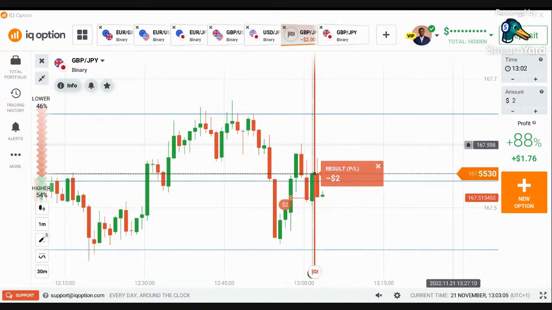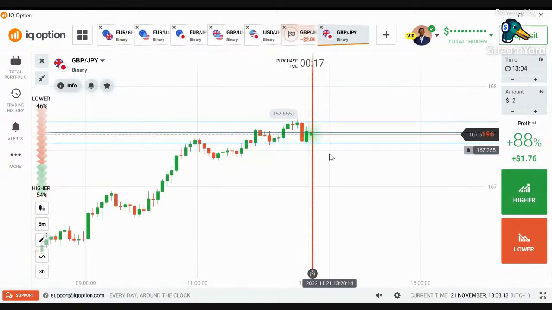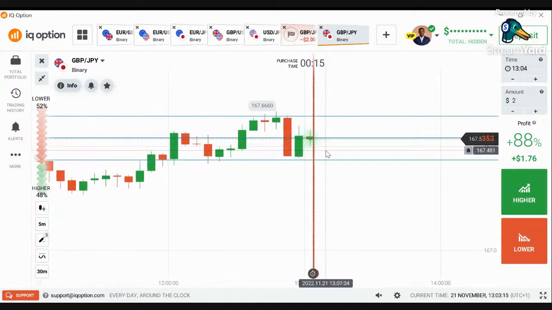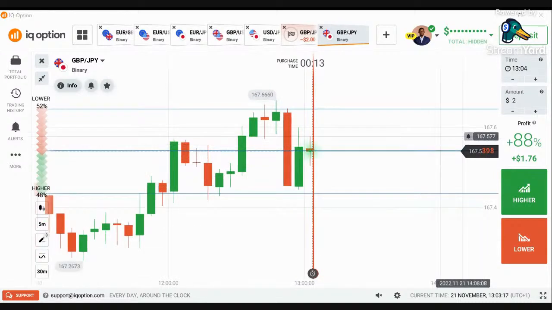So I think my entry would have been here. 1, 2, 3, 4. That would have still been a loss. So it's a consolidating market. Before you take any trade again, wait for the market to go below the low or above the highs, because currently it's at 50%, and I told you we may likely get some consolidations here.